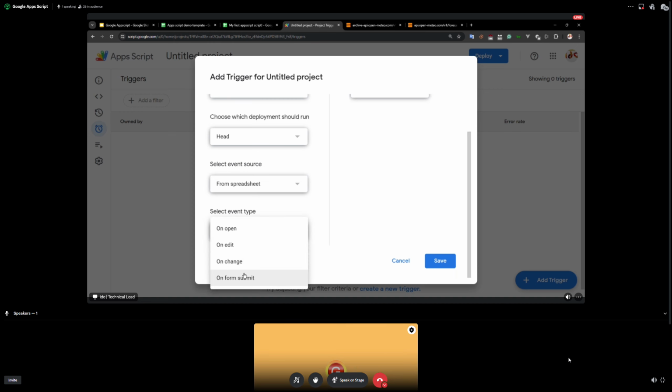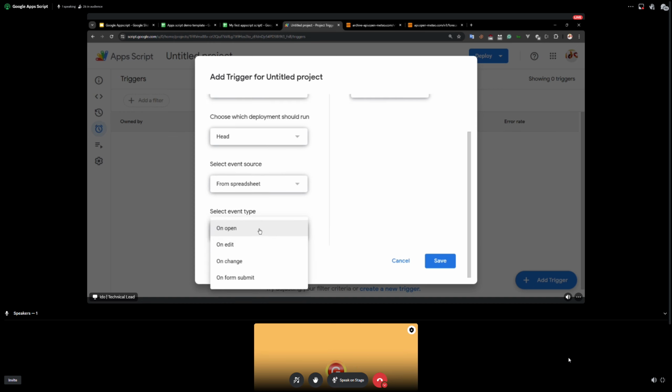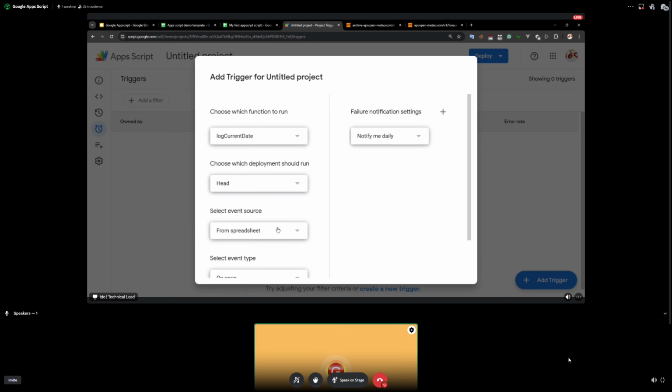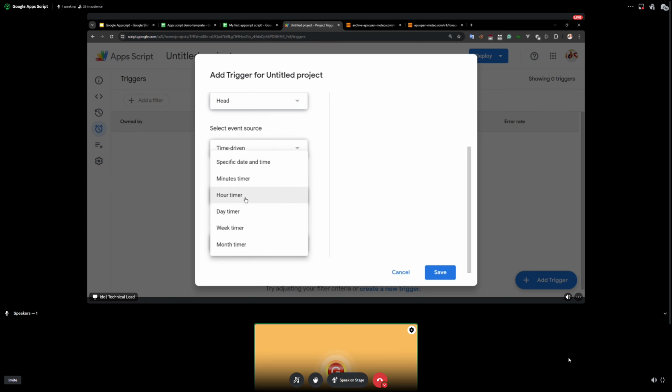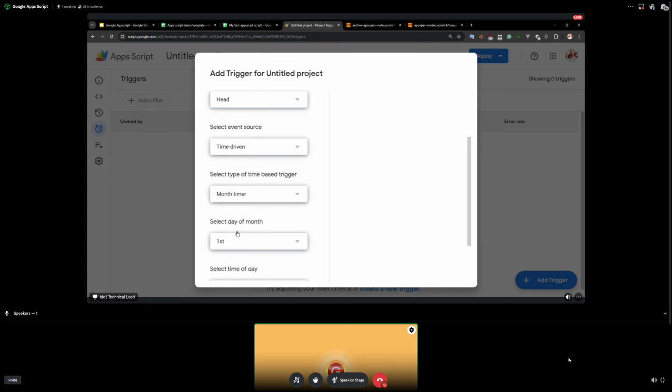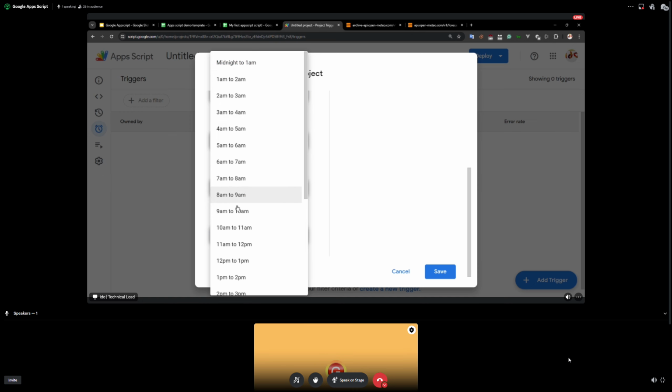on edit, on change. No, event is time driven. Sorry, but you can see there's also all types of events that can trigger an execution of code. But in this case, we want it time driven, and we want, let's just say, maybe monthly, because every day is a bit much. And let's just say on the first of every month,